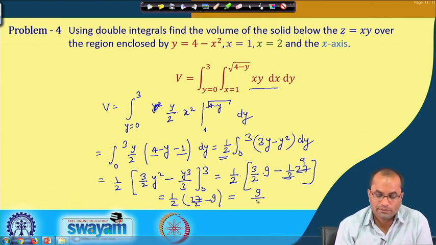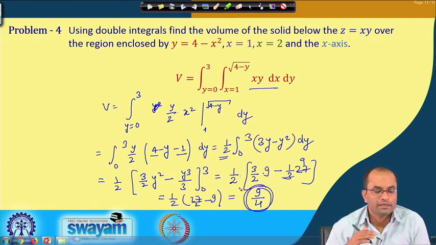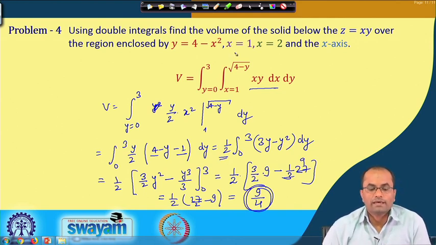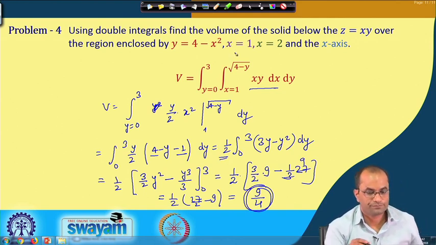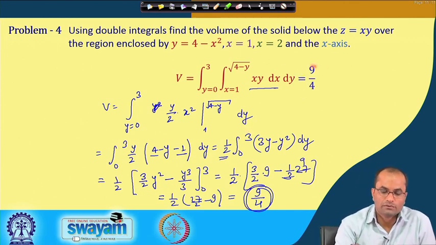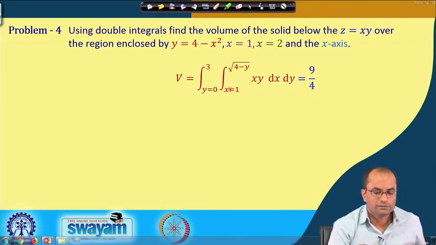So, we get the value 9 by 4 of this volume, which is below the surface z is equal to xy and above the region enclosed by the parabola and these 3 lines. So, that is the answer of this integral as 9 by 4. So, we move further to